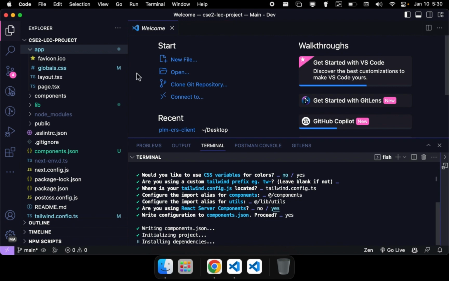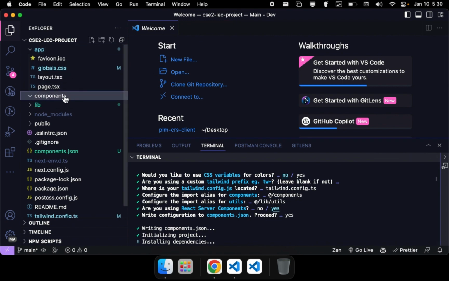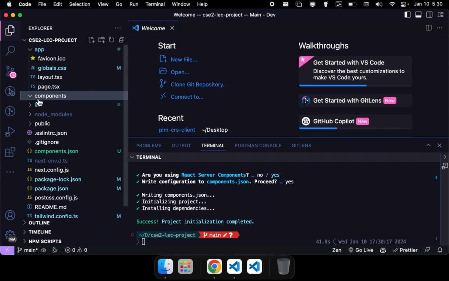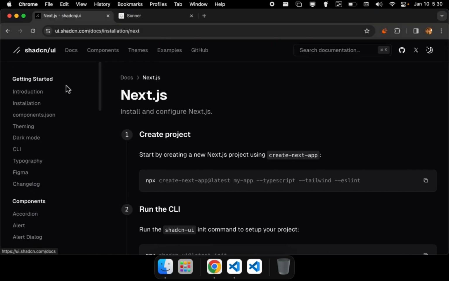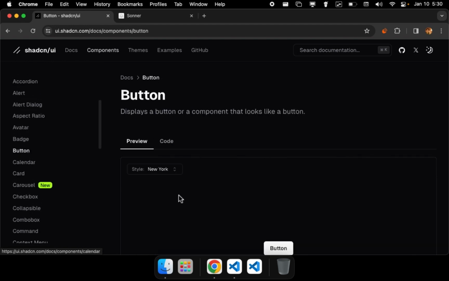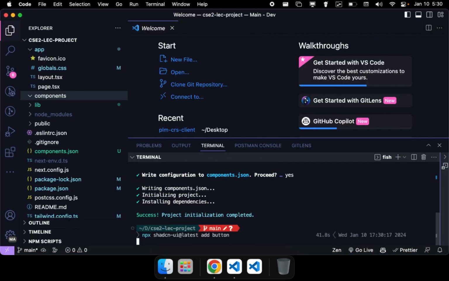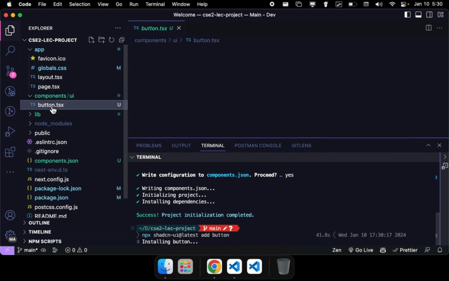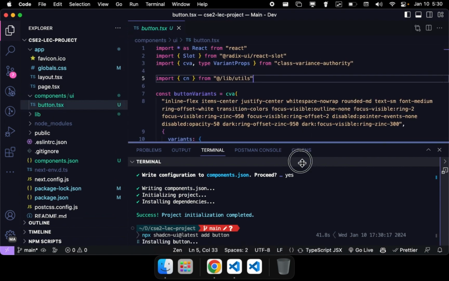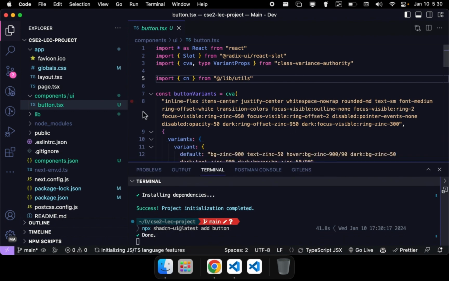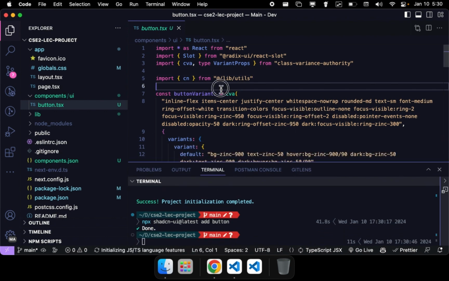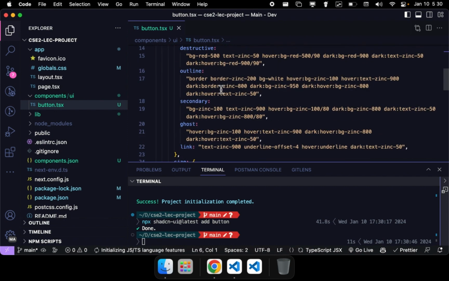So it's going to add a components folder, but as you can see, we don't have any files inside our components folder. Why? Because we have to now add these components in our code base. So we're going to copy this. Let's say, for example, we're going to add our button component. We're going to paste it here. And now components folder will be populated, and button TSX is now here. So that's basically it. We are installing it, or basically automating the copy and pasting of these components inside our